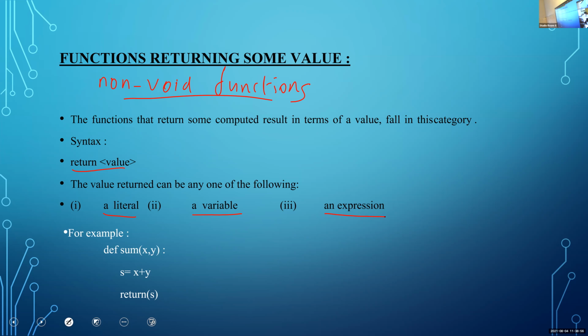The syntax used is return a value. That value returned is either a literal, a variable, or an expression. Literal means constants. Okay, constant value, that is literal.